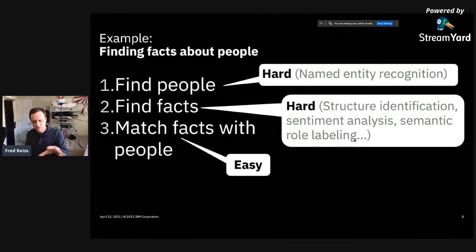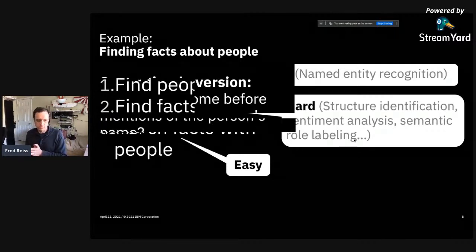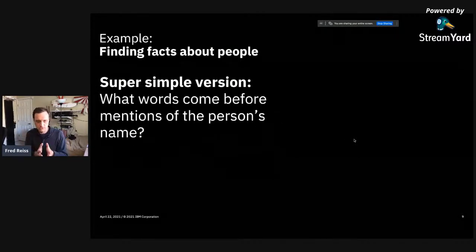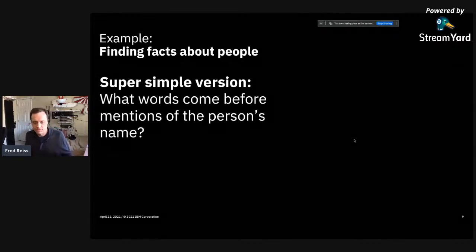So let's drill down on this even more with a concrete example, something of a toy version of this problem. I'm going to make this super simple so I reduce the amount of code I have to put on the screen. Well, one example of finding facts about people, if we really, really simplify this problem, is let's find what words occur immediately to the left of a mention of a person